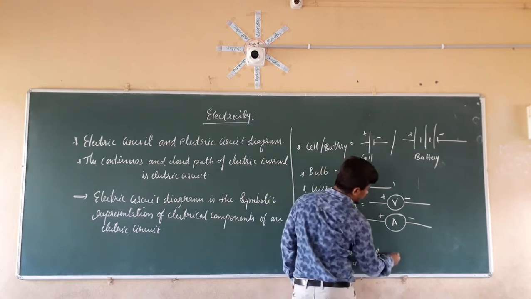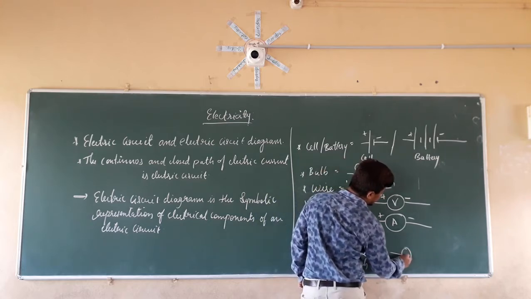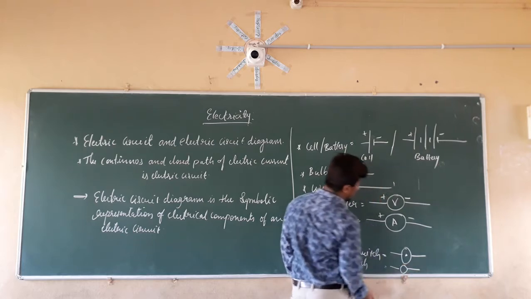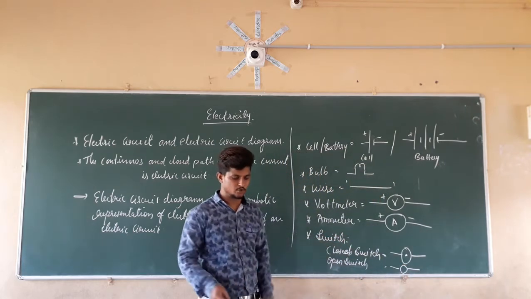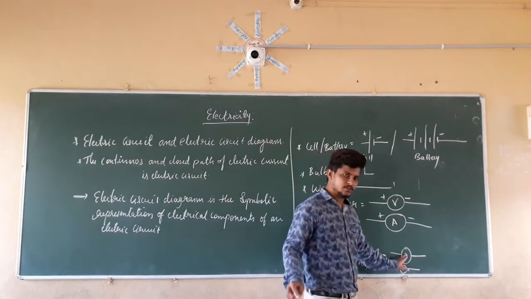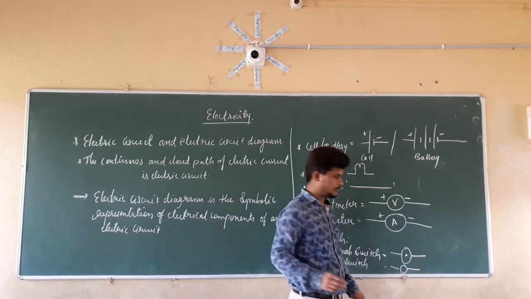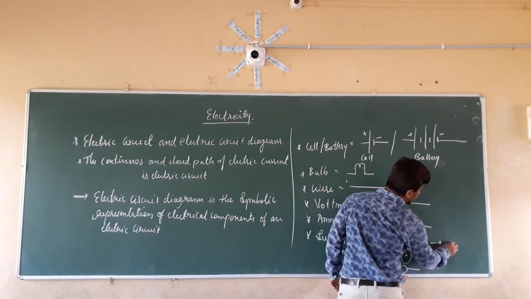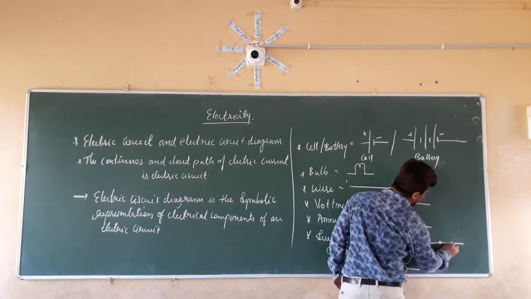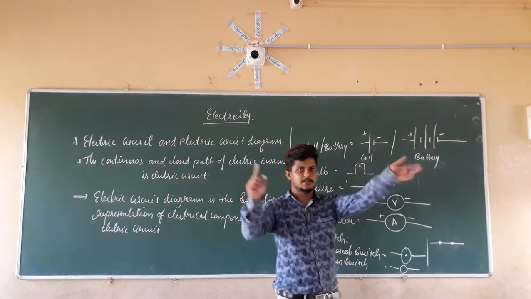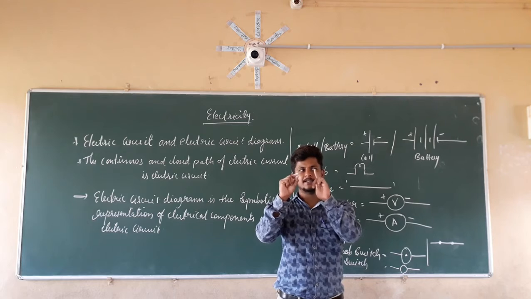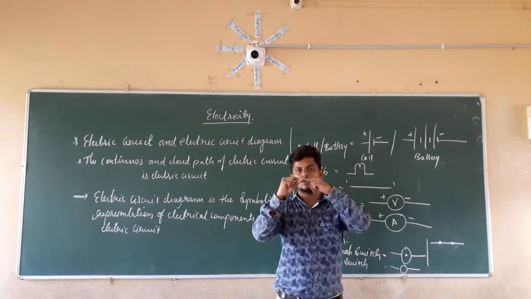So the closed switch is drawn like this, and the open switch is drawn like this. It is just a round and no dots will be present inside. So this is the closed switch and this is the open switch. In another way, we show the closed switch like this. These are the 2 points, and the points are connected like this. If this is the switch, these are the 2 terminals, and this is the open switch and this is the closed switch.